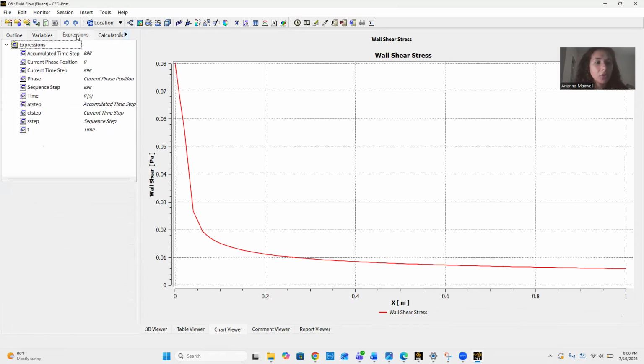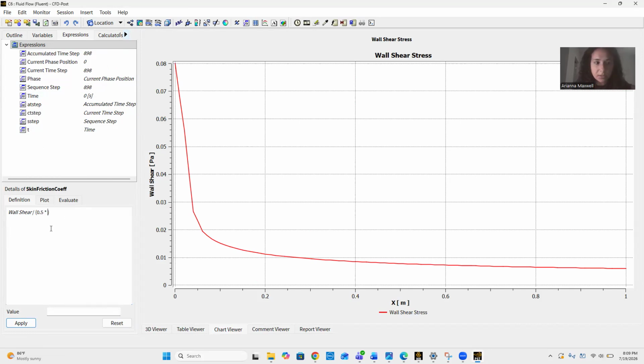So what I'm going to do is go under expressions, right-click expressions, new. And I'm going to name this skin friction coefficient. And also just a heads up, if we did this in the setup, there is a variable for it, but I was struggling to export the data that way, so I decided to follow this process. So here we can define it. So we know that the skin friction coefficient is wall shear divided by, I'm going to make my parentheses,